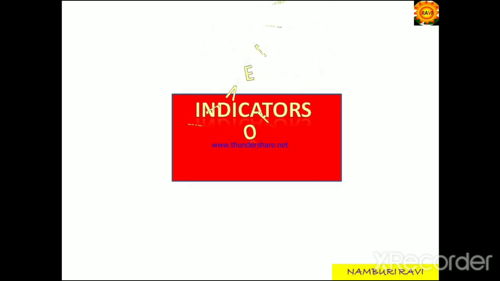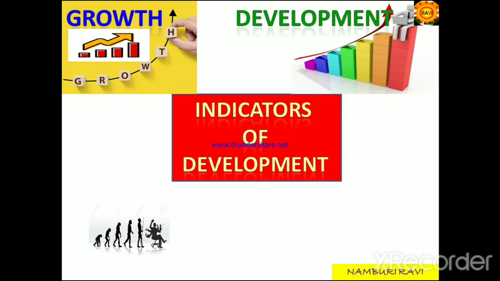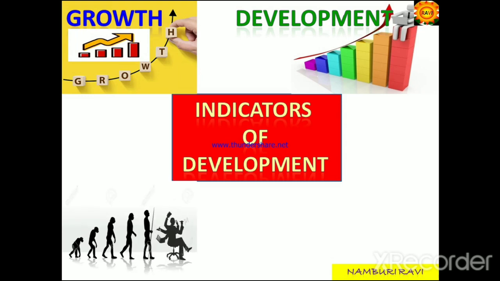Now we can see the indicators of development. The first indicator is growth. Growth means a little change, but it is not constant. It is a temporary change that is called growth. If growth continues, then automatically there will be development in the family, in the nation, in the society, in the state also. And the second criterion is development, that is, a permanent increase in income